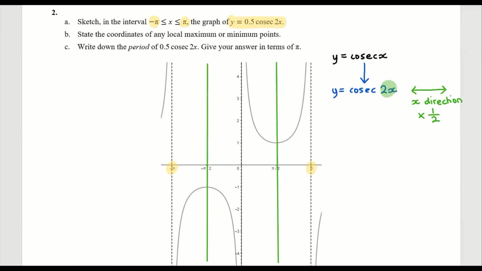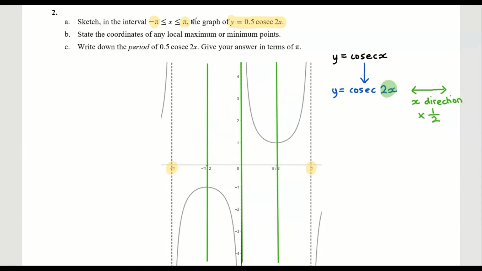Now, there's also a third asymptote here. Obviously, if the asymptote is at x equals 0, half of 0 is just 0. So you can see how these corridors where the curves appear are now shrunk. And we also know, because this is just an x transformation, the y coordinates are not affected by this. So I can now add